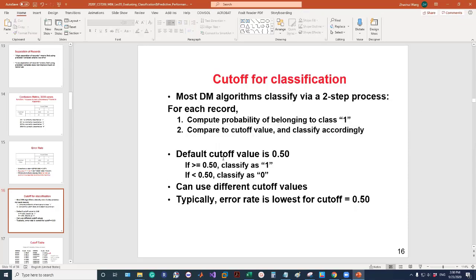For the default cutoff value is 0.5. If the value is larger than or equal to 0.5, then we classify it as 1. If less than 0.5, we classify it as 0. And we can adjust this cutoff value to different values, so we can obtain the performance